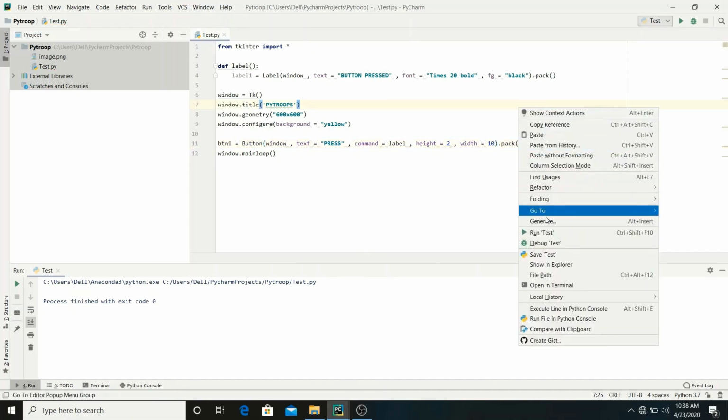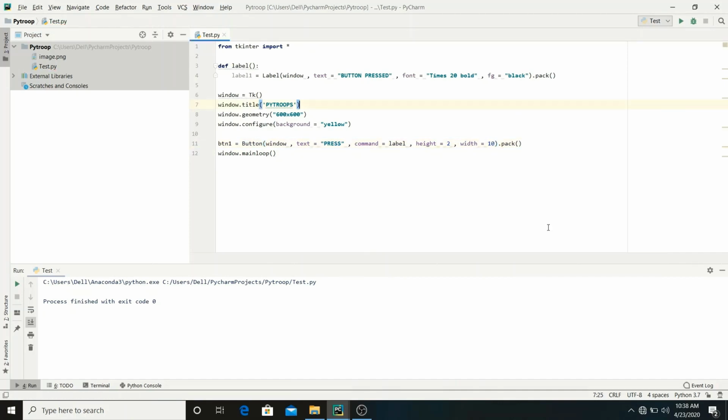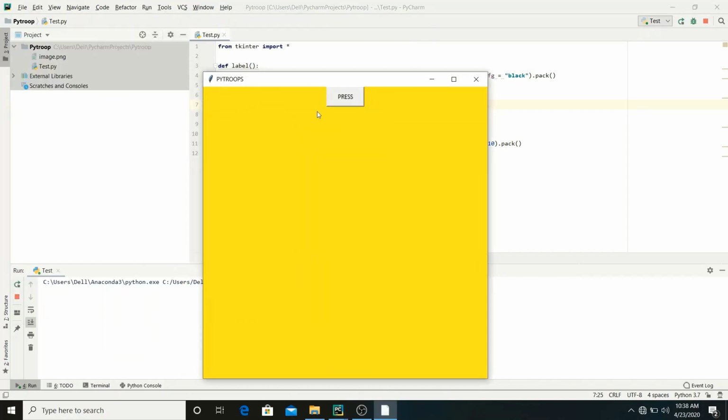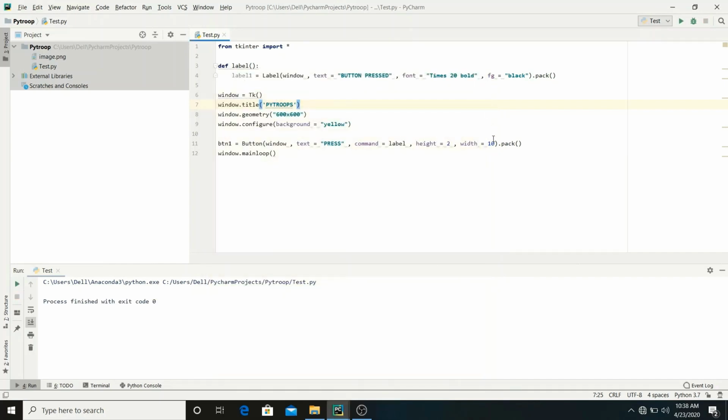Now if I run the program, so see, the size of the button has increased. Let's pass another parameter for background color, which is bg is equals to, let's say, black, and for foreground color, let's say, fg is equals to white. So run the program.